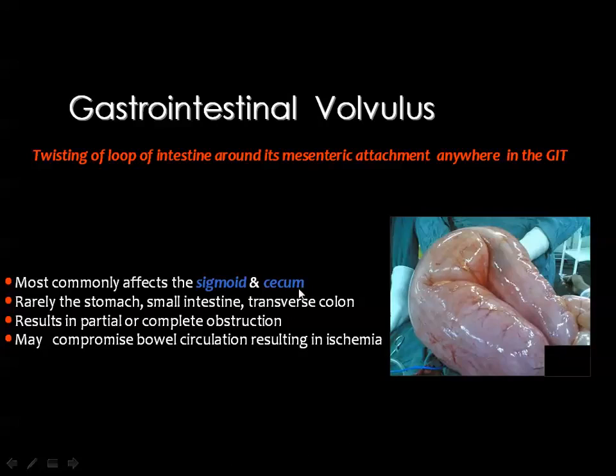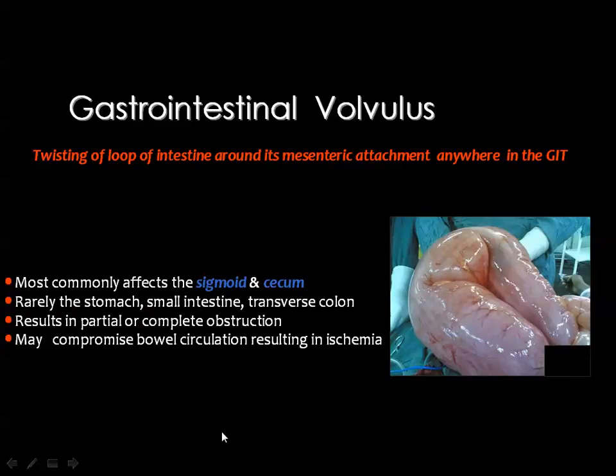sigmoid and the cecum. They are considered the most common types of volvulus all over the gastrointestinal tract. However, you remember that volvulus may affect the stomach, as we have discussed in the subject of gastric imaging, and sometimes you get volvulus of the small bowel. I will discuss this once more in cases of peritoneal imaging, and this volvulus may result in complete or partial